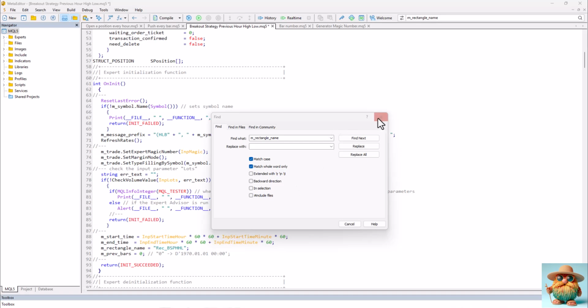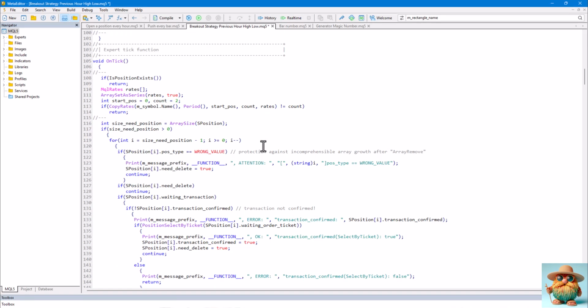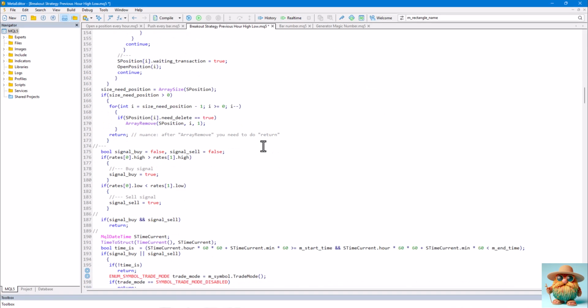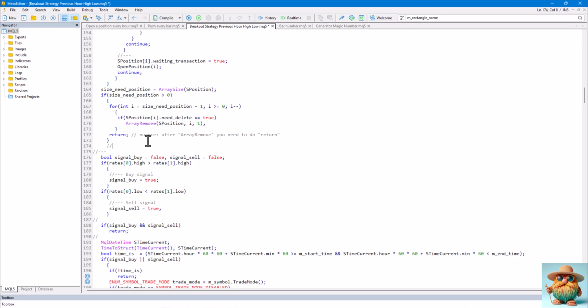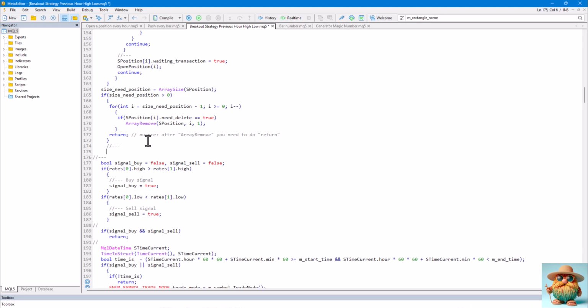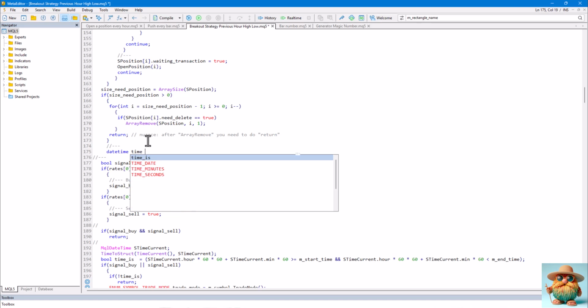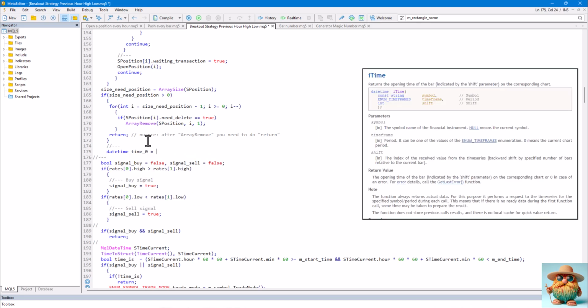I think the search for high and low prices should be done before the signal search block. I try to separate each code block. It helps with visual code perception. Now I'll explain how to find the moment a new bar is born. Declare a variable to store the birth time of the current bar on H1. We call the iTime function for our symbol and H1 timeframe. Don't forget to specify the shift parameter as 0. Meaning we need the birth time of the current bar.